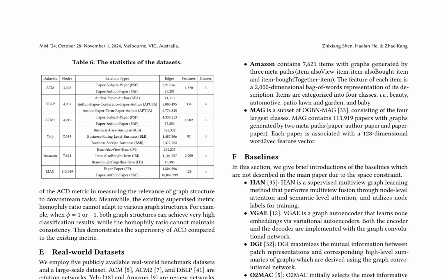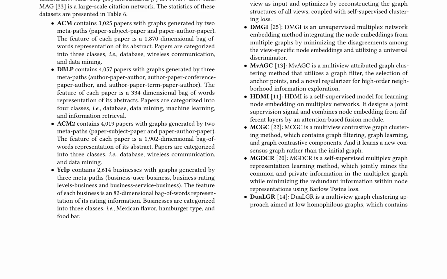The mathematical derivations on page 11 show the expression for the expectation of X, which is a crucial component in the proof of the ACD metric. The authors posit that the magnitude of the squared norm of mu far exceeds d times sigma squared, and they use omega of sigma squared to denote the sum of terms containing sigma squared, highlighting that this term has a negligible magnitude in comparison. Overall, this research contributes to the development of a reliable and effective metric for measuring the relevance of graph structure to downstream tasks,